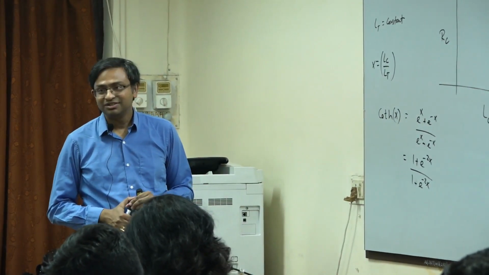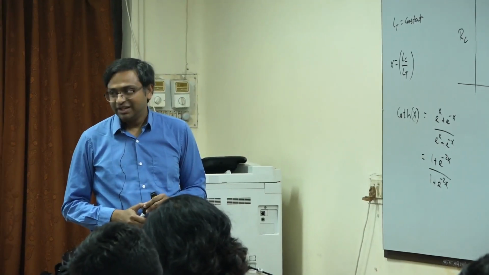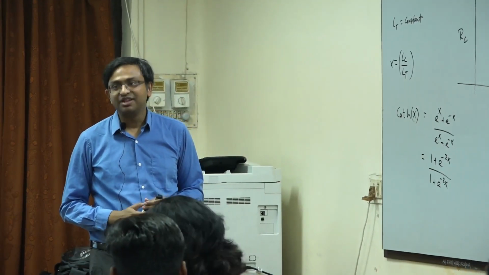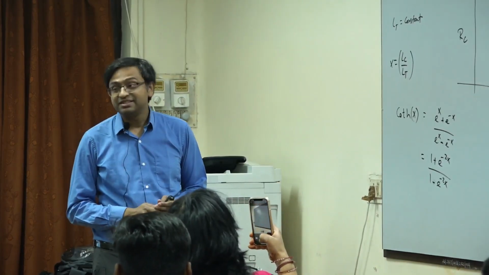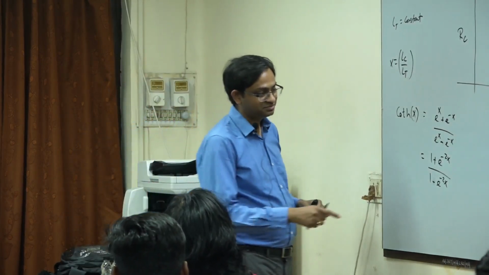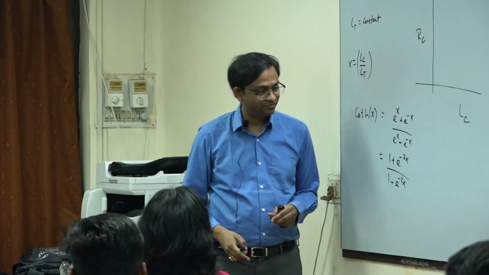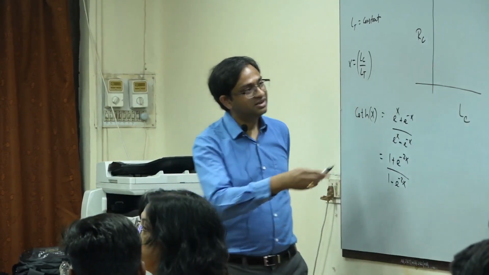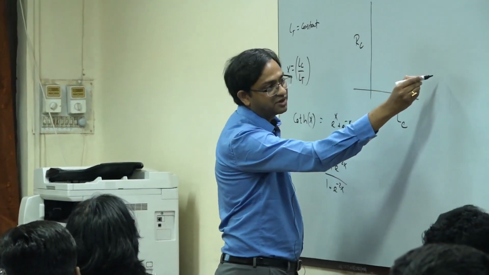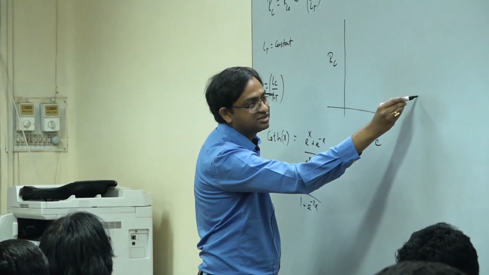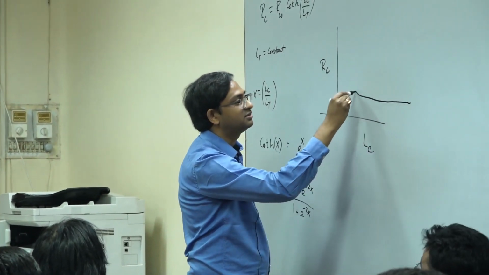When x is 0, it asymptotically goes to infinite, right? And what about when x is very large? When x is very large, it will approach 1, correct? So, can we now draw? So, for very large x, it is a constant, and then